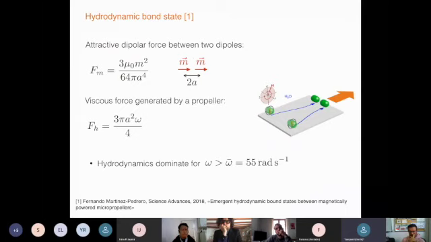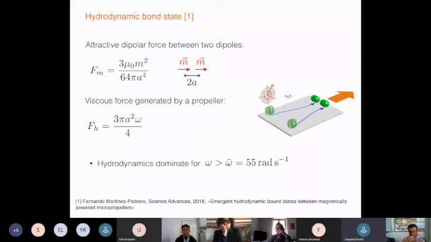So if you consider that you have attractive dipolar forces between the two dipoles of the microrods, if you only had magnetic interaction, the nanorods should move one behind the other. But what you also have is a flow field generated by the rotation of the nanorod, and one can estimate the force generated by